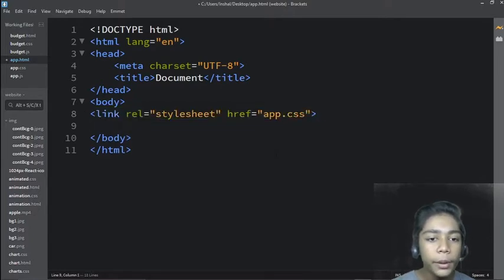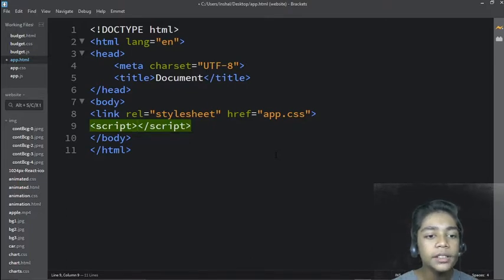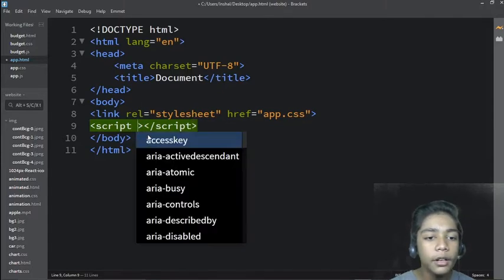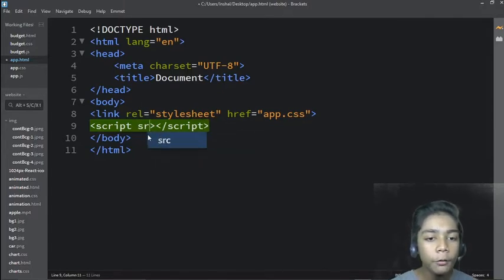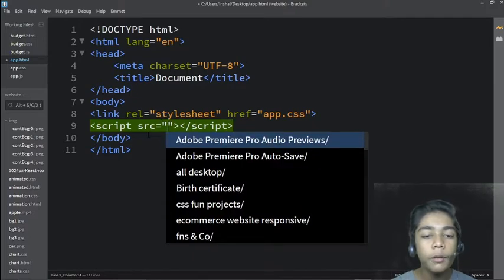Over here I will press enter and write the script tag. If I write script and press tab, you can see I've got the whole script tag. As you all know, I write the script tag to link my JavaScript sheet. You can write your JavaScript inside the script tag over here, but I will write it in a separate JavaScript file, because otherwise the JavaScript and HTML code will get really messy. So I will write script, and in front of it you have to write src. Just like I'm telling you, you have to take care of one thing.